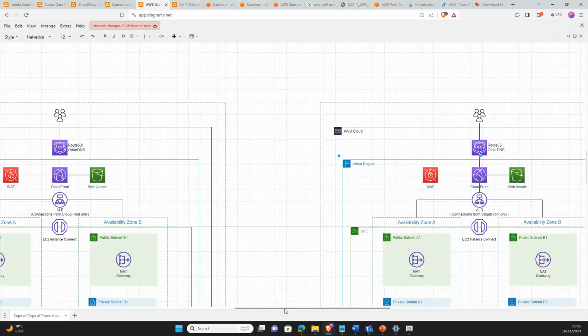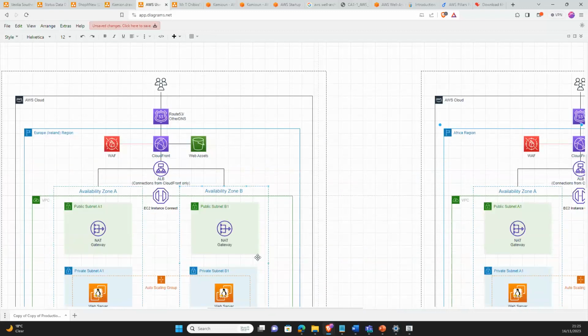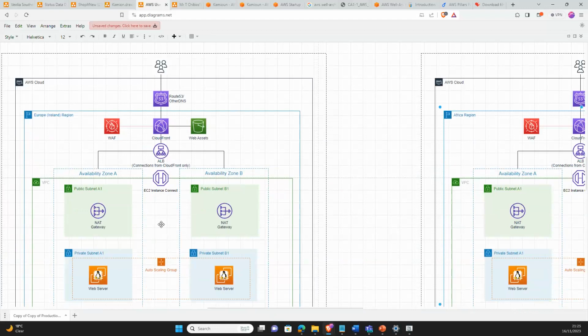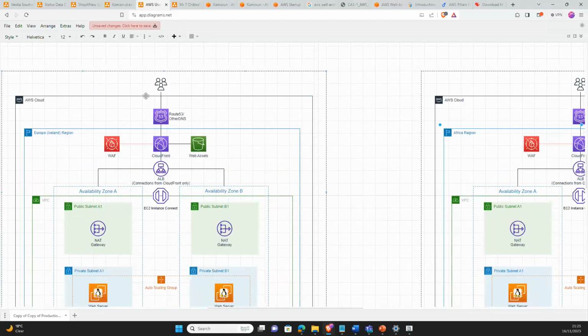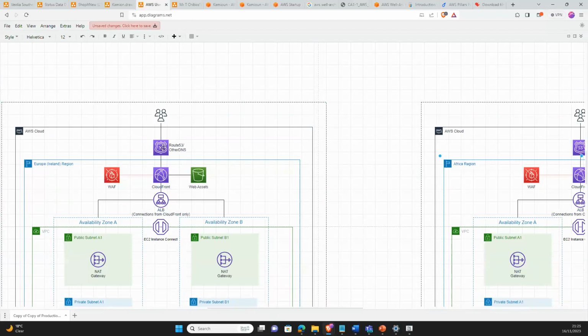God forbid, but maybe this region is bombed, meaning the three availability zones are down. What happens? Remember, Route 53 is not a regional service, it's a global service. So this will fail over to this standby region.